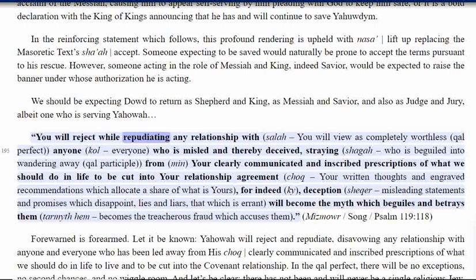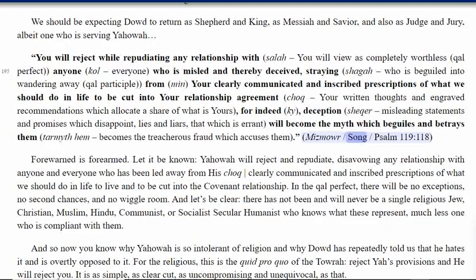You will reject while repudiating any relationship with, Salah, you will view as completely worthless, Kal perfect, anyone, Shurl, everyone, who is misled and thereby deceived, straying, Shagger, who is beguiled into wandering away, Kal participle, from, Nin, your clearly communicated and inscribed prescriptions of what we should do in life to be cut into your relationship agreement, Cook, your written thoughts and engraved recommendations which allocate a share of what is yours, for indeed, KY, deception, Sheker. Misleading statements and promises which disappoint, lies and liars, that which is errant, will become the myth which beguiles and betrays them, Tarmith Hem, becomes the treacherous fraud which accuses them. Mizmowr, Song, Psalm